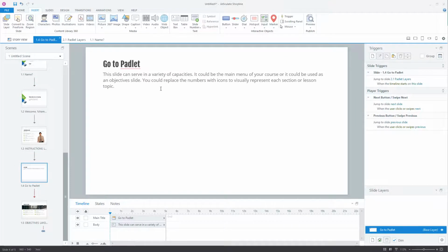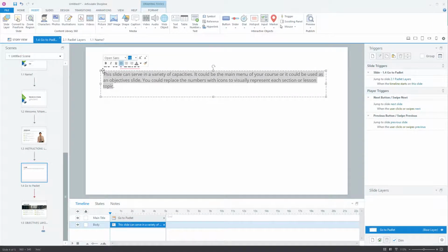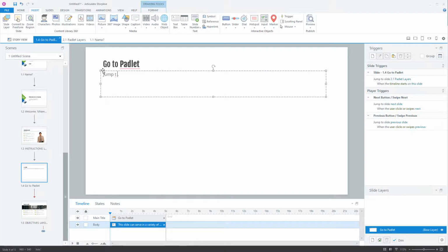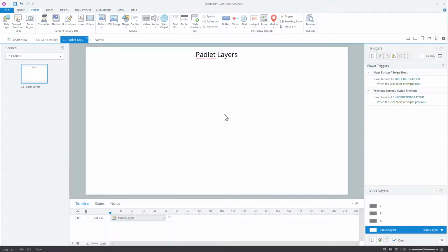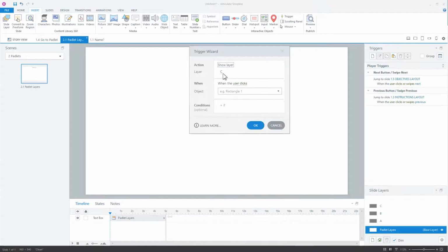When it gets to this slide, we're jumping to, let me just type that in here so we can see it. Jump to Padlet slide, so we know what's going on, right? So we're jumping to that Padlet slide. When I get to the Padlet slide, I don't have a layer exposed yet. So I'm going to say show layer A